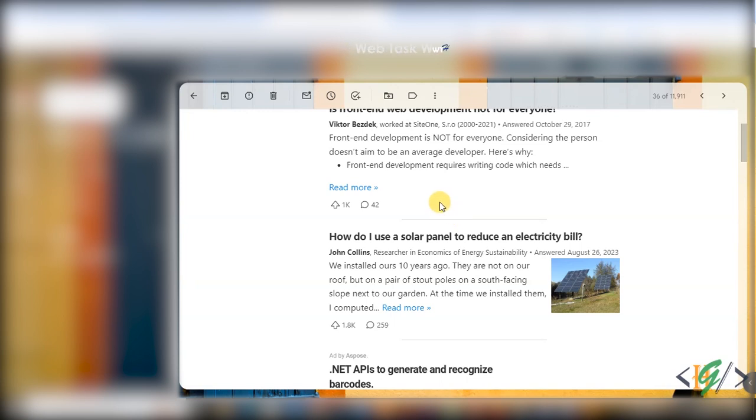Bismillahirrahmanirrahim. Assalamu alaikum. My name is Hassan and today we are going to block and unblock an email address in Gmail